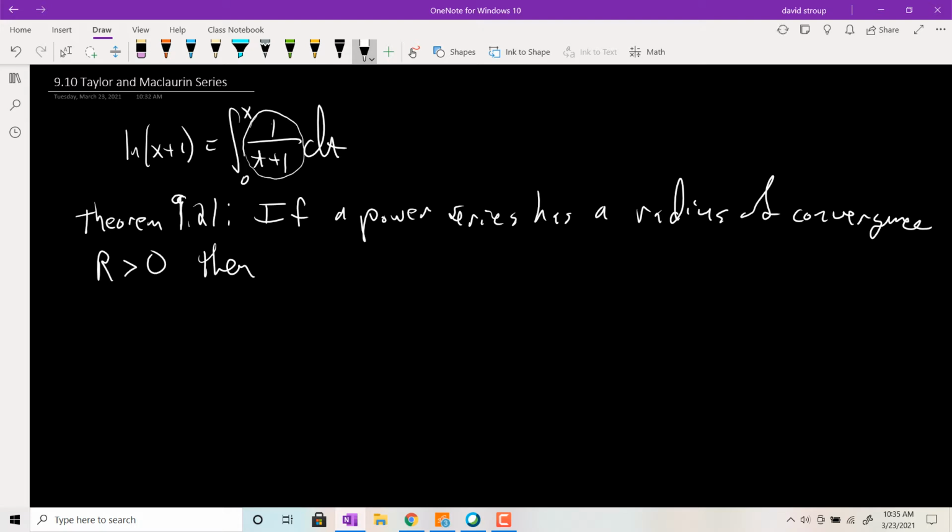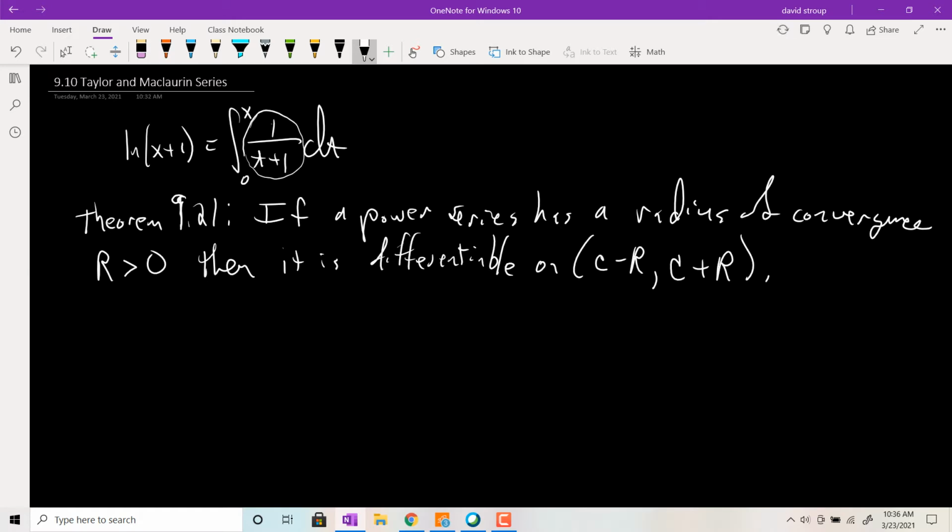You can take the derivative on this particular interval, c minus R, c being the center, to c plus R. Okay, so we need that in order to do the proof for this next theorem. Theorem 9.22. Basically, if f is represented